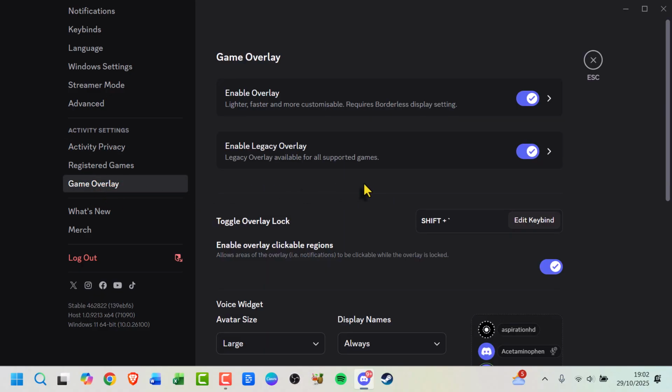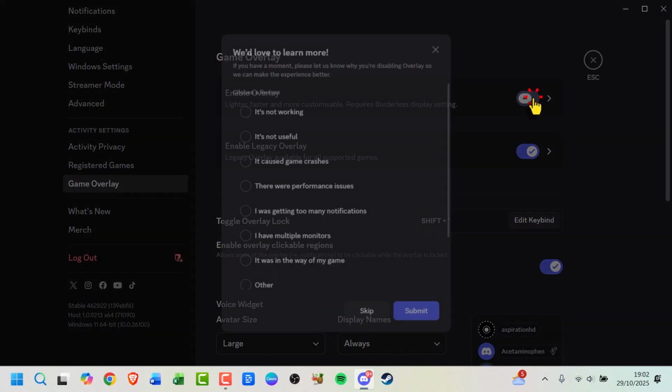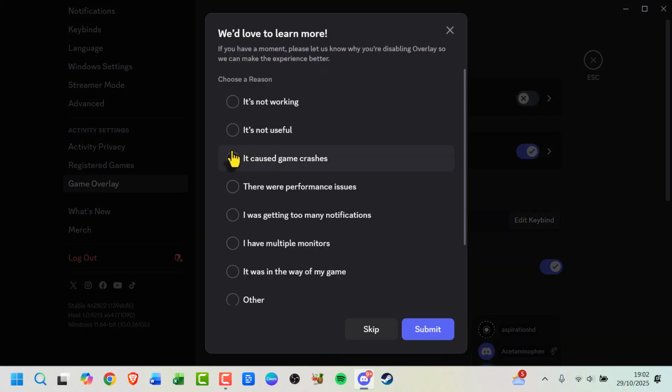Now, turn off the switch next to Enable Overlay. Disabling the overlay will apply to all your games. You may be prompted to fill out a quick form, but you can choose to skip it or complete it